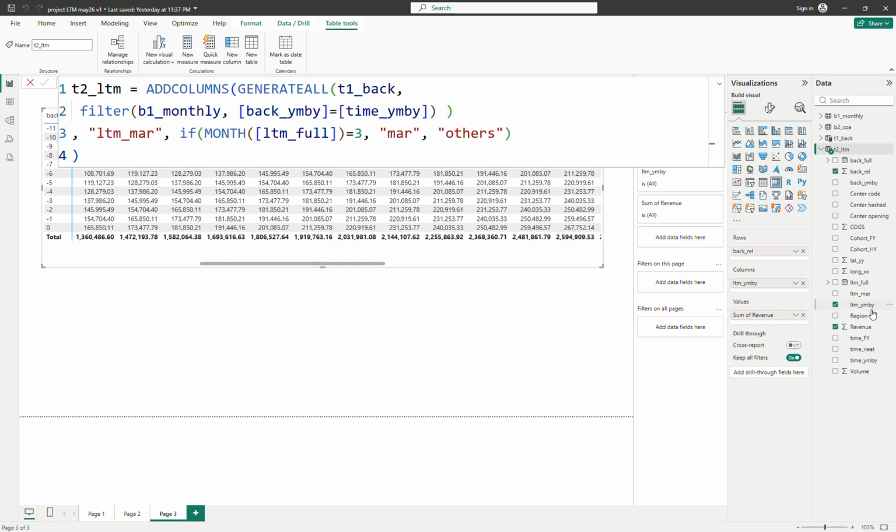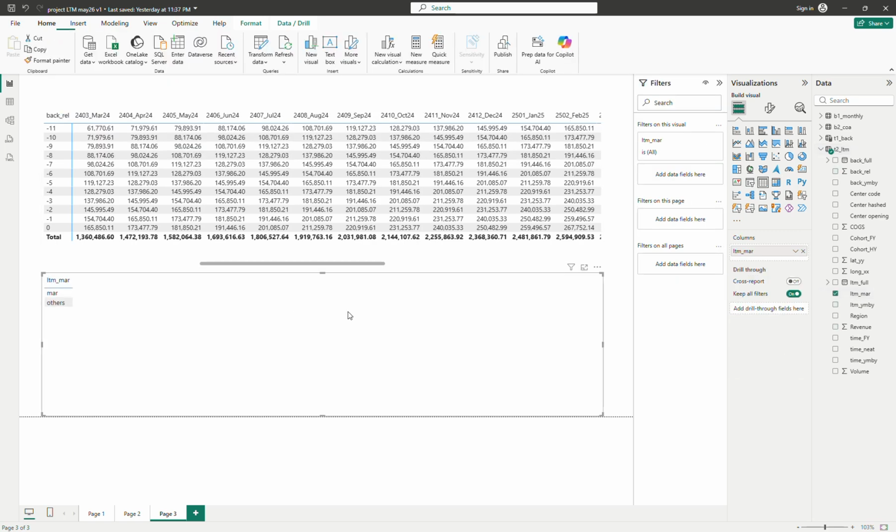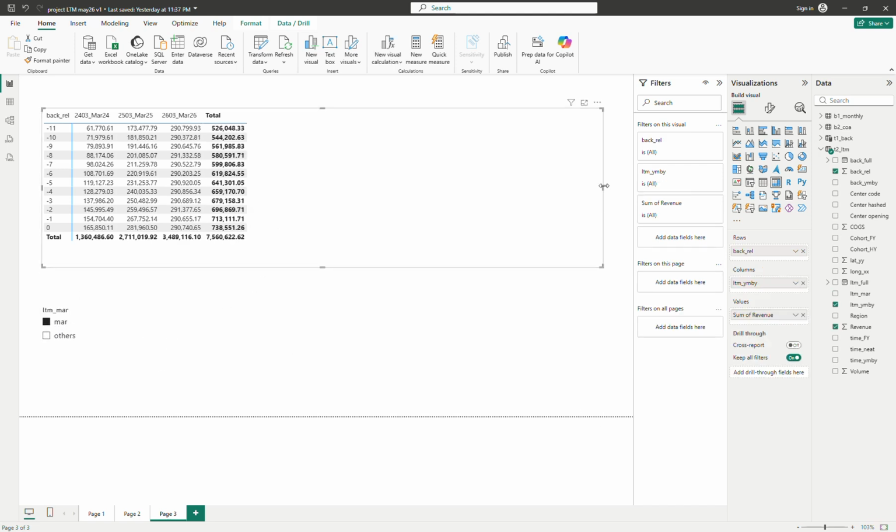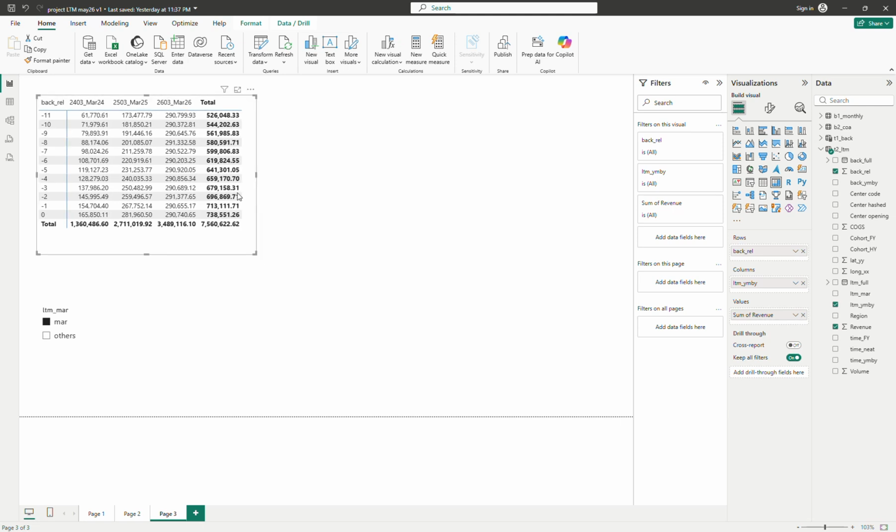Why? Because it had to multiply the two tables. So the filter column is here, and if you want to check only the match, you turn this one into the slicer. You check the match, and you have this one for the revenue. Okay. So what does it tell us here? It tells us that this total is for March